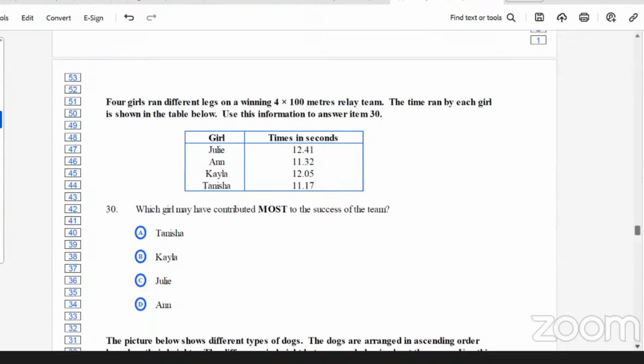If you have the highest, or more seconds than the others, then you would have been the loser. So the girl who would have contributed most would have been the one that had the lowest time, the fastest time. And so for Tanisha, hers was 11.17. That would have been the lowest, so she would have contributed the most in terms of ensuring that the team had a fast time. So the answer for question 30 would have